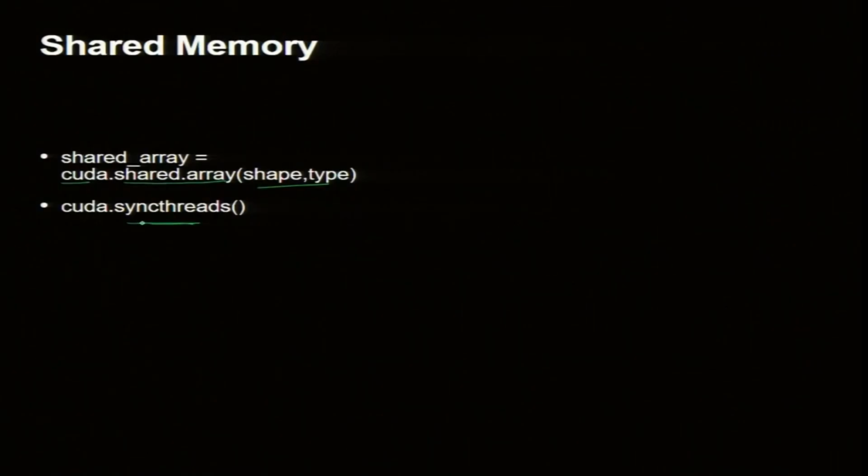And one more thing is cuda.syncthreads. Shared memory is where many threads are acting together. We will see it in the example, but please remember that many threads will act on the data of the shared memory.